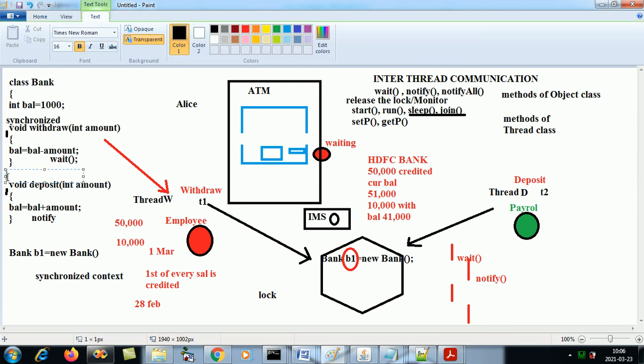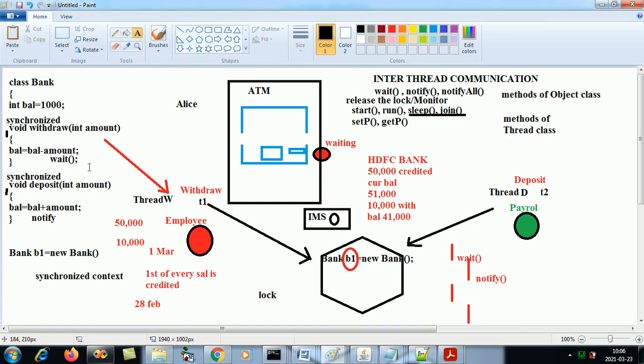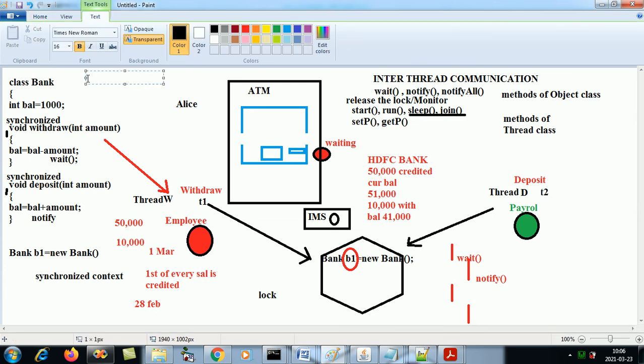So the second thing is, they both have to be in a synchronized context. If you don't write it in synchronized, it will throw an IllegalMonitorStateException. What will it throw?